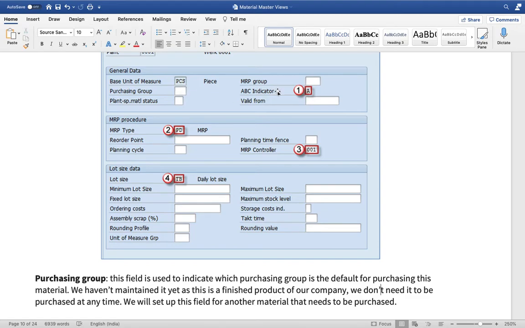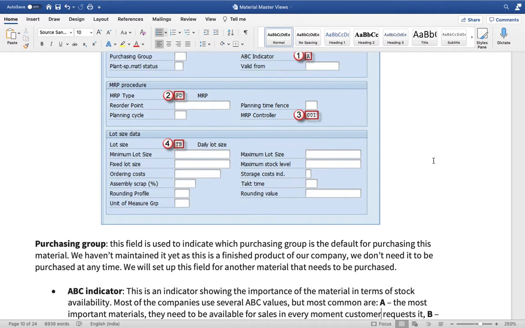After that, there is something called MRP group. When you mention the MRP plan, that particular MRP plan has two components to be mentioned. One is MRP type, another is MRP group.